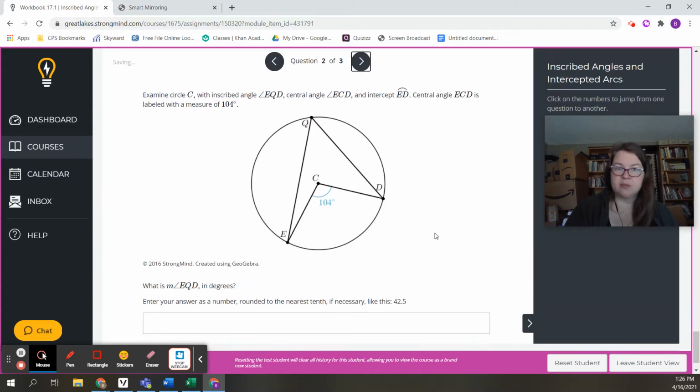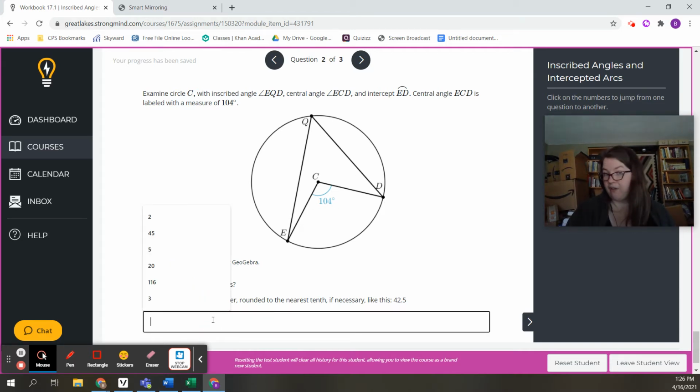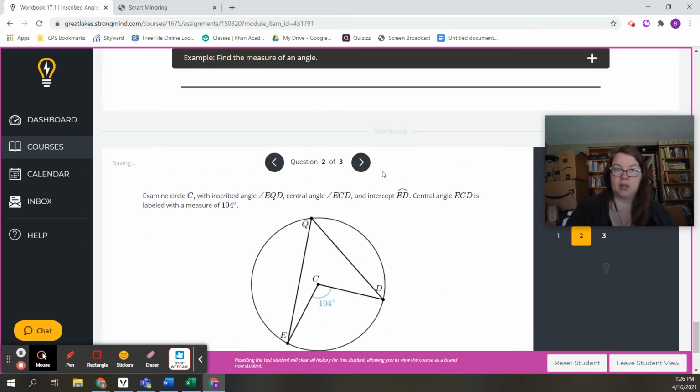So then we have this one, where again, we have that central angle. It's the same as the arc, and then this inscribed angle would be half of that. So let's see, angle EQD would be half of 104. So half of 104 would be 52 degrees. And then